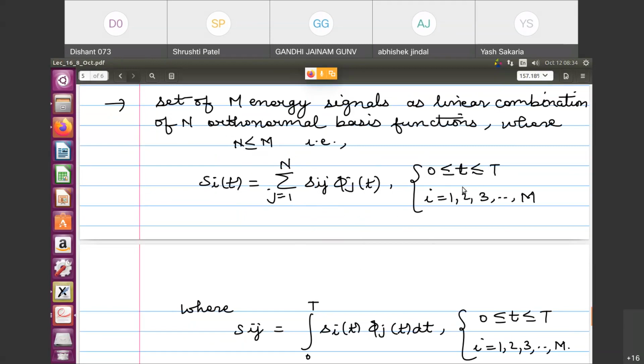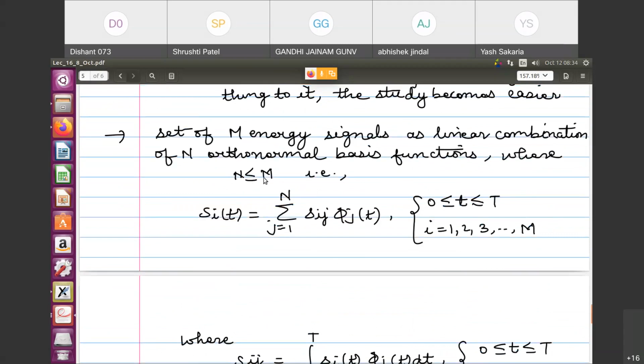That is our domain of interest or domain of study. And you have how many signals to represent? M signals. And definitely M will be greater than or equal to N. That should be, because we must be able to generate a larger class of signals with the help of these capital N functions. In terms of vector space,